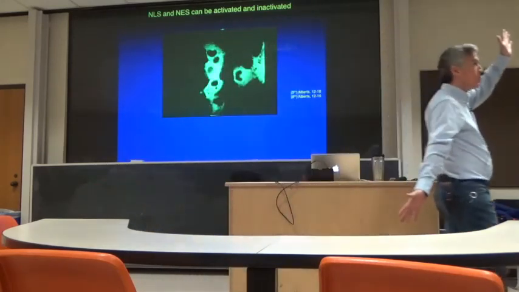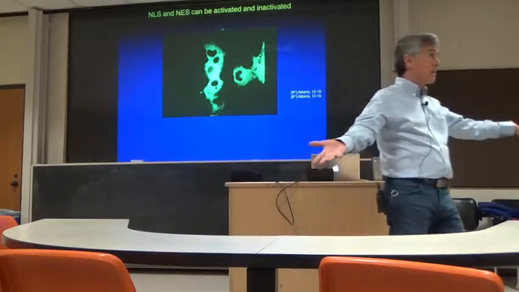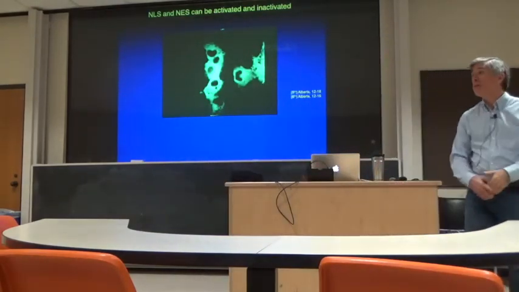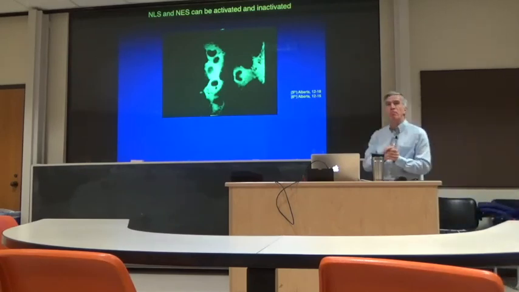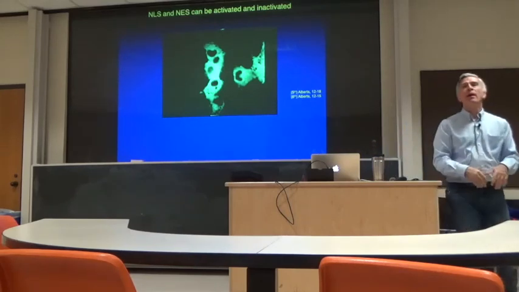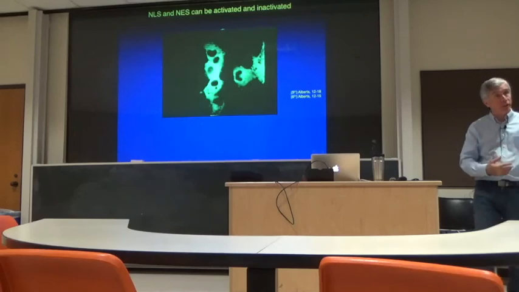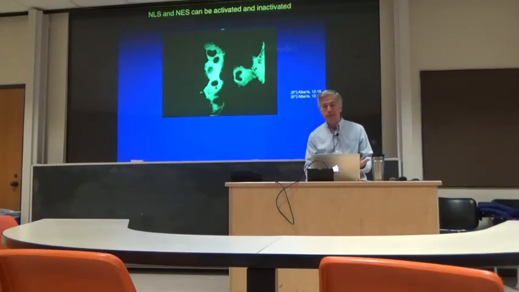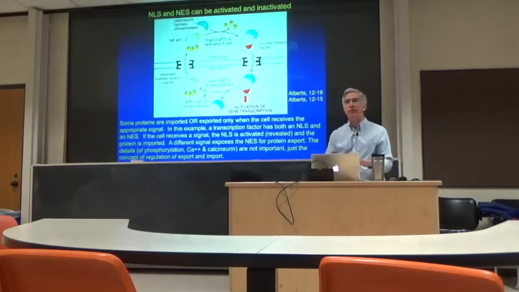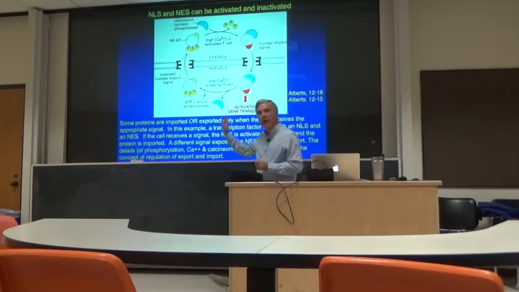I'm going to go in, and I'm going to go out, and I'm going to go in and out all the time. So some proteins actually do that. Some proteins are going in and out of the nucleus for other reasons that we don't have time to go into. But this case is either one or the other. This is true for many proteins, and there's a variety of ways in which this can be accomplished. And this diagram illustrates some of that, but I don't